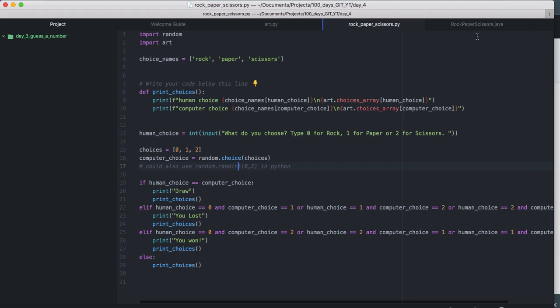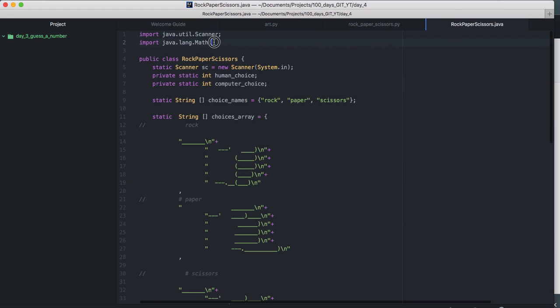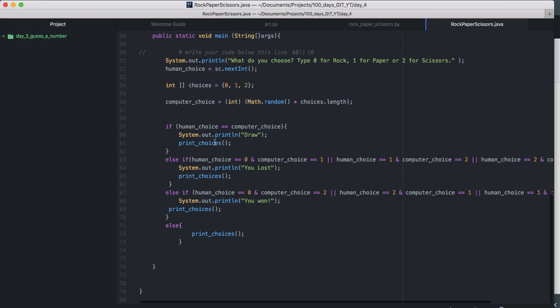It's also different in Java, because in Java you have to import the math library, which is in the language item, and then when you're making a choice, because Math.random creates a number between 0 and 1. So the choices length, here we're saying, okay, our integer array, this is how we declare arrays in Java, by the way. We give it a name, and then we use these square brackets, and we also pass in the data type within those.